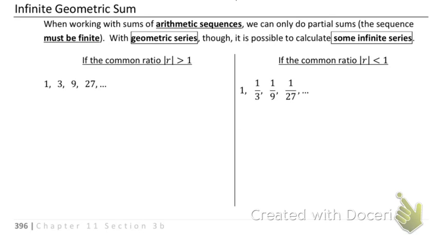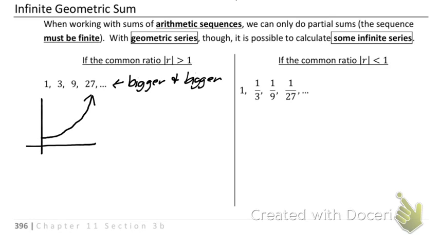And why we can't do the one on the left, let's talk about that. Well, I have 1, 3, 9, 27. I'm multiplying by 3. So that dot, dot, dot tells me we're going to just keep getting bigger and bigger, right? And even if I graphed this, just a fake graph, not anything too specific, maybe I start at 1, 3, 27. It's exponential, so it goes up bigger and bigger and bigger. So I keep adding a bigger and bigger number onto it, which means eventually I'm going to reach infinity,